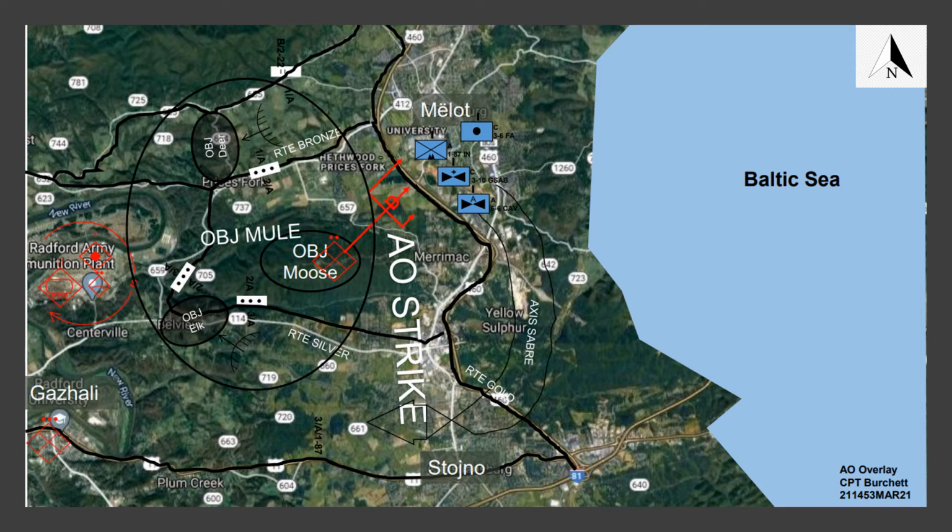The company mission. The 1st 87 Infantry attacks to destroy enemy elements within the AO no later than 11 April 2021 in order to prevent SDPA infantry from consolidating, reorganizing and conducting further operations east of Ghazali. The commander's intent is that the SDPA infantry is assessed as the primary insurgent force within the battalion AO. By destroying the enemy company, the 1st 87 Infantry Battalion will be able to control the eastern portion of Ghazali and initiate the transition of control back to the